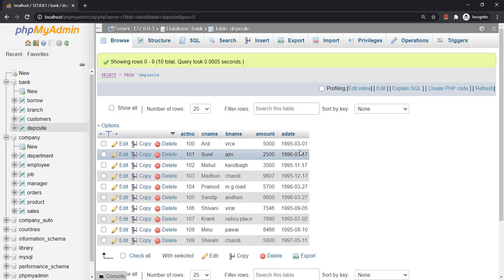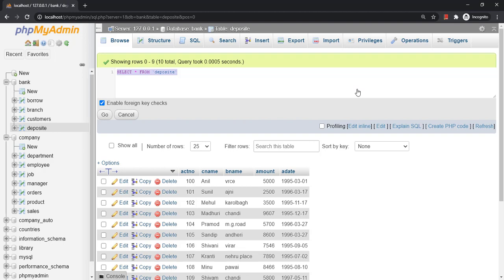I don't know the branch name of Madhuri. I want to find out the customers or depositors who have opened an account based on the name of some other customer. So, I want to find out the branch based on the name of the customer. I am not aware of the branch in which Madhuri has opened an account. So, how can we find it out? For that we can use a subquery.